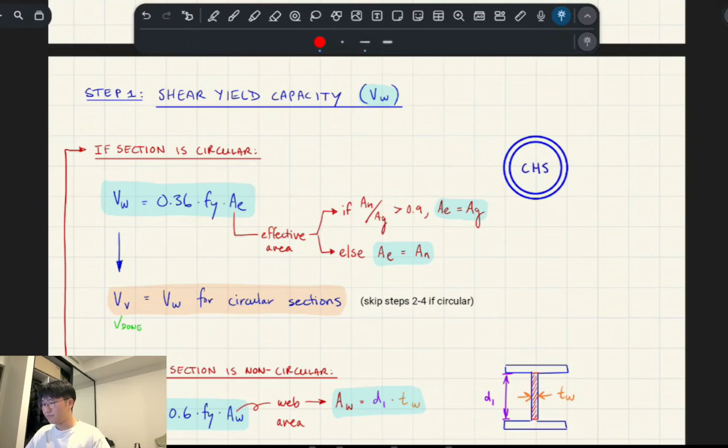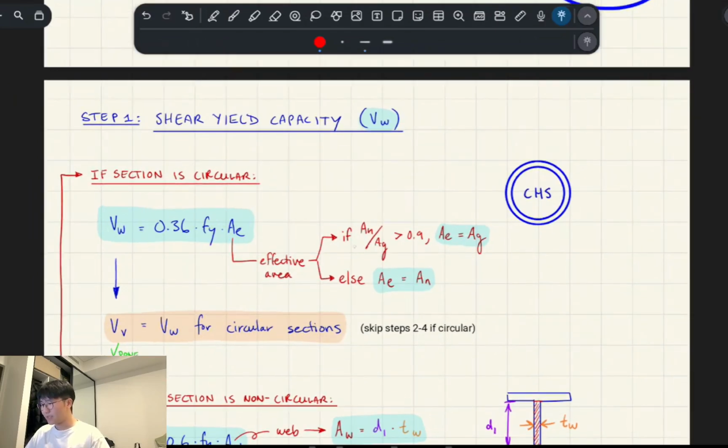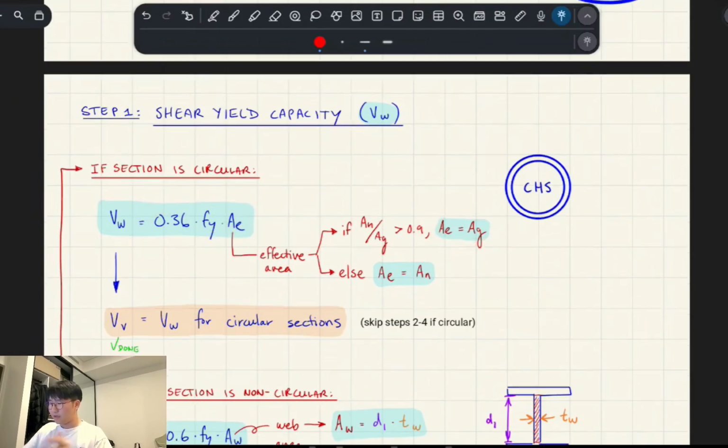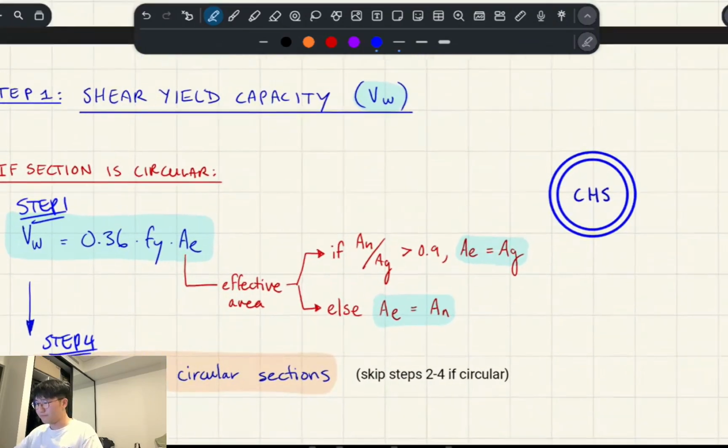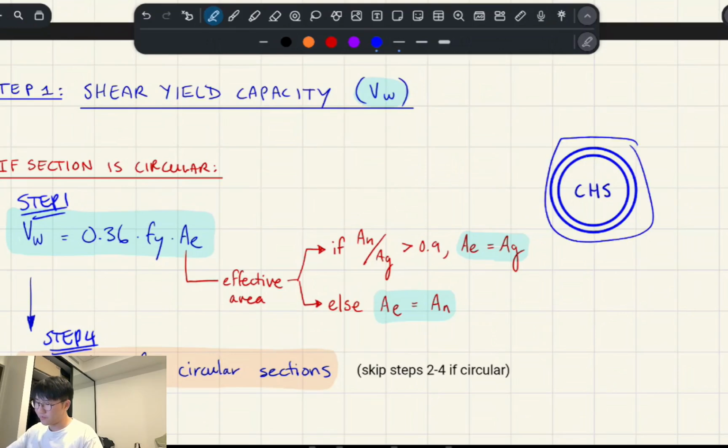And there's a nice rule in the standards which says if there's not too many bolts that eat up the area, then your gross area is your effective area. And remember, we're calculating in blue: step 1, you jump straight to step 4. So you don't have to do any shear buckling checks for